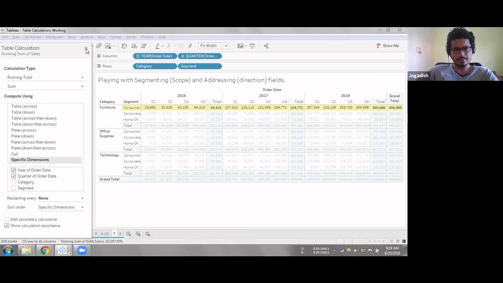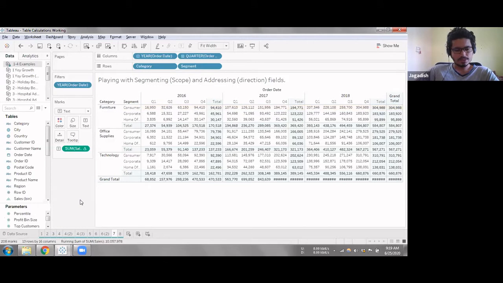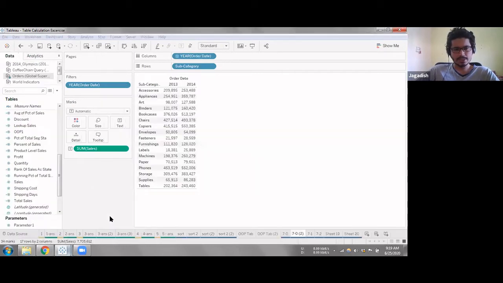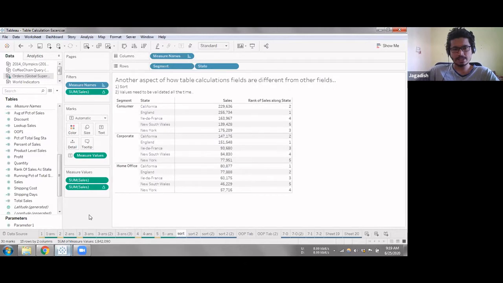Okay, so we saw how to do these things, and last time we also saw some of the major types of table calculations like rank and percentage difference, how they use moving calculation, and different variants of some of these table calculations as well. Now today we'll get a little bit more into the complexities involved while handling table calculations. We'll try and understand how table calculation works, what is happening, and what are the challenges that might happen while calculating a table calculation.